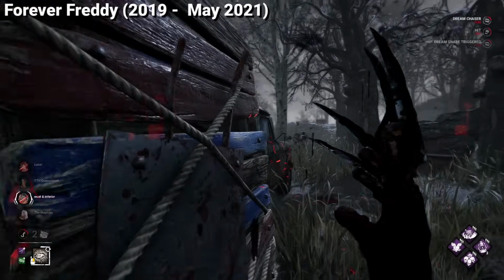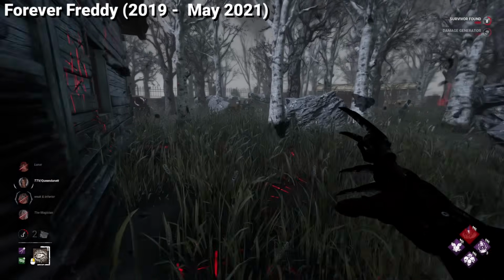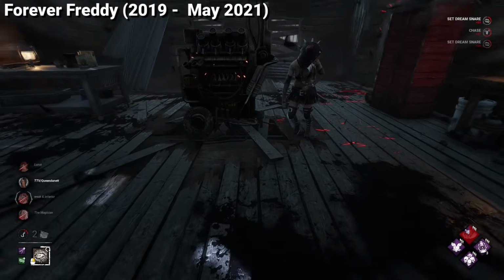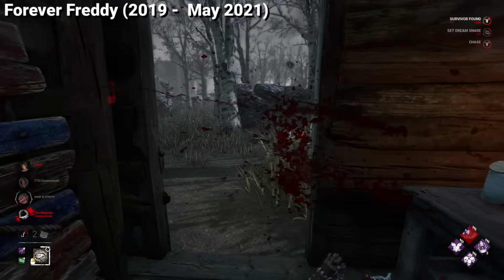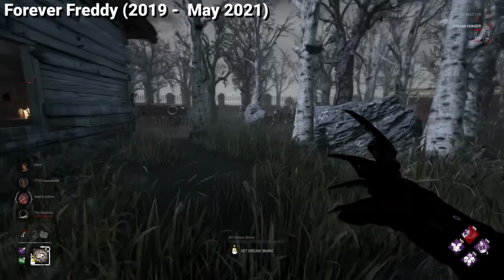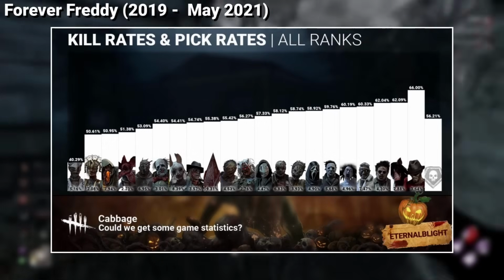If you repaired and didn't heal, gens would be extremely slow. If you tried to heal yourself, your healing would be slower, and no gens are being repaired. It was a lose-lose situation for survivors, which actually led Freddy to have the highest kill rate in the entire